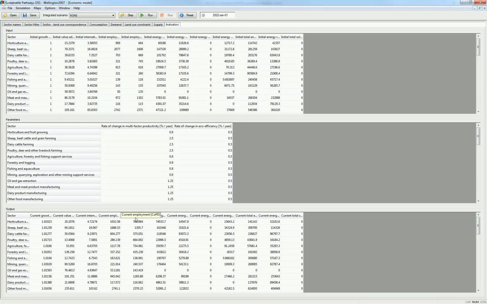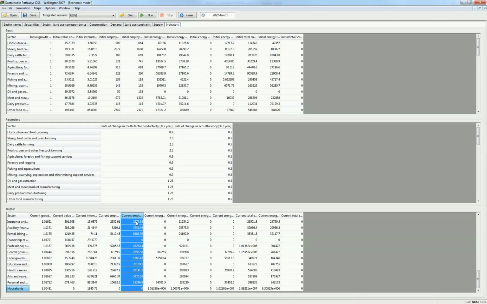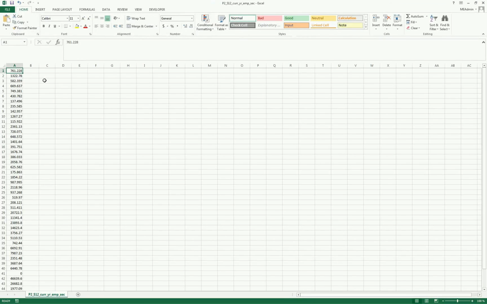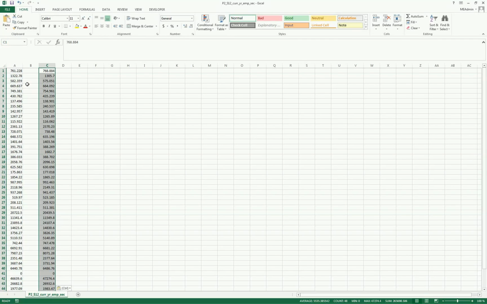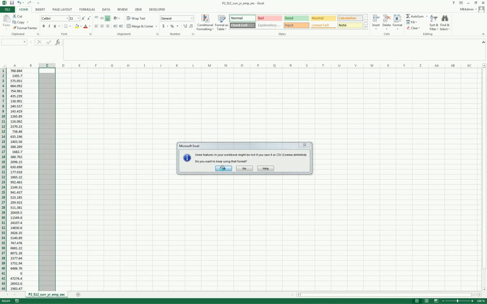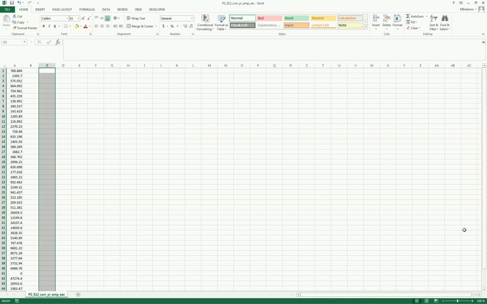We want the census of population and distribution count, so we grab these ones. We leave out the household one, and we copy them into step 12. And so if we look here, these numbers should be pretty similar, and they are. And so we copy them over, delete that one, save it,